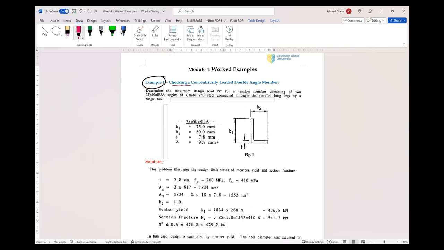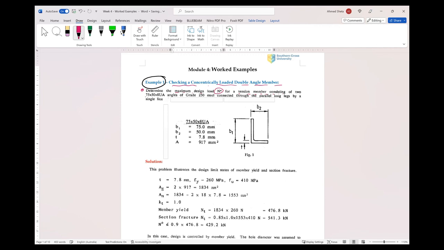The concentrically loaded double angle member under tension. So, can you see my screen? Yes. So the first problem is to determine the maximum design load in kN for a tension member consisting of